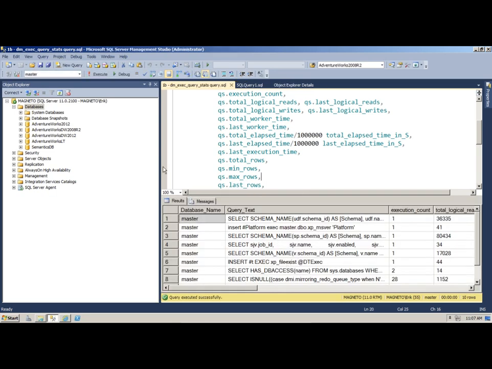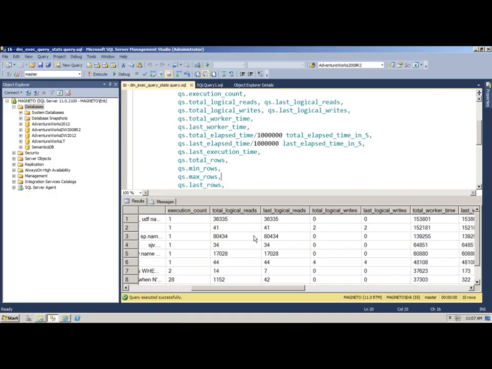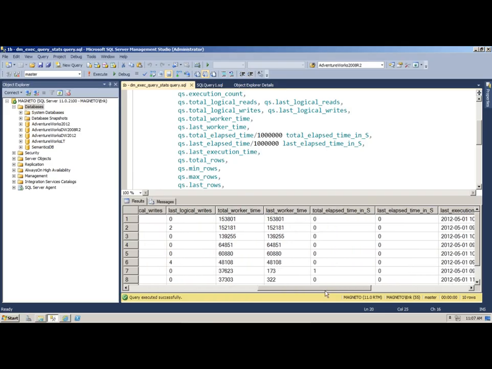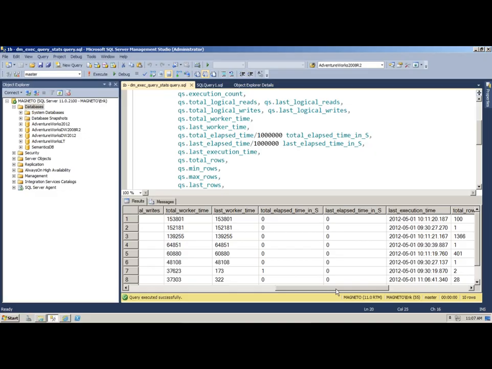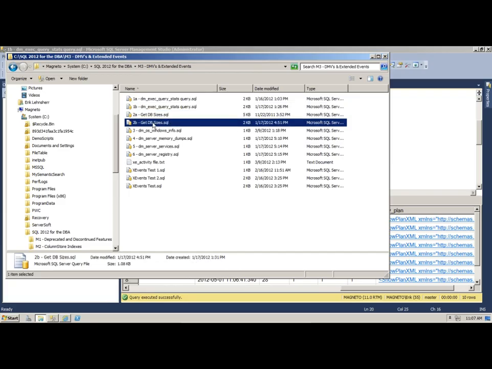performance tuning kind of engagement, because now you can arrange your dm_exec_query_stats view by logical reads, logical writes, by worker time, by elapsed time, or by the new rows that have been returned. So you can actually see how the queries have been returning a larger number of rows or not. The next DMV that is new is a DMV